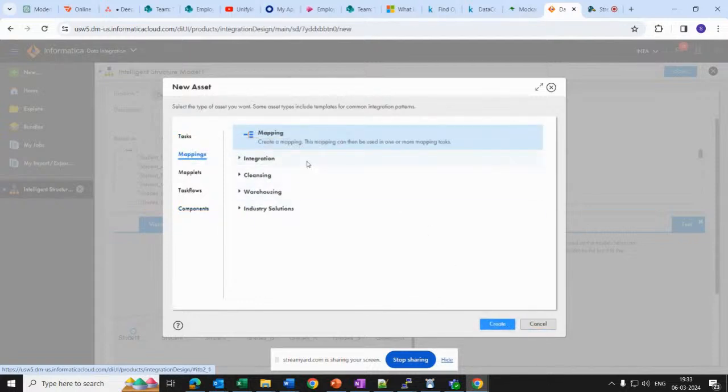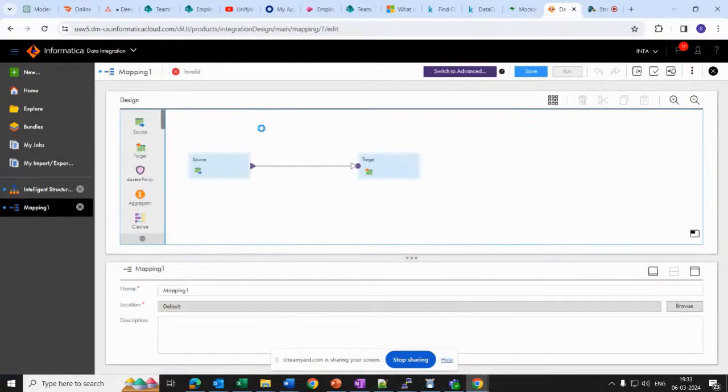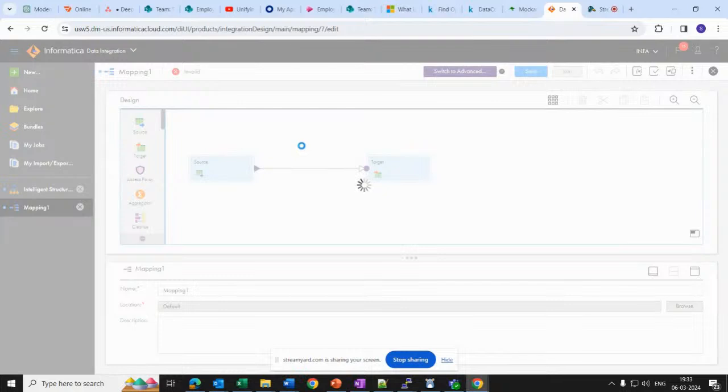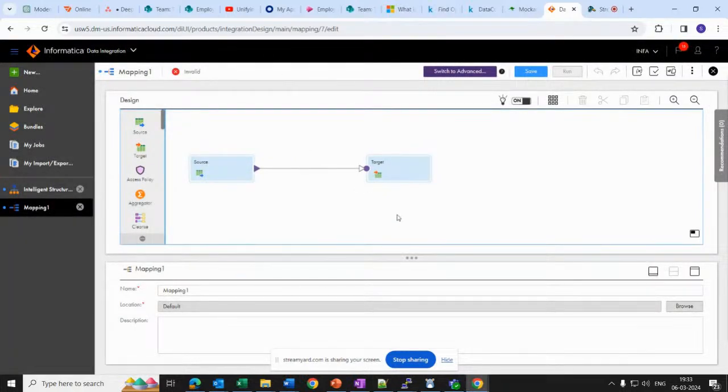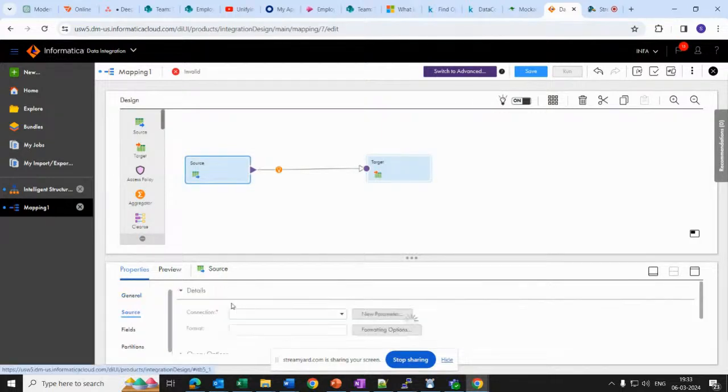So let me show you how a mapping looks. So I'm clicking on this mapping, I'm clicking on create. So this will create a sample mapping. Like you can see, this is my page where I can build my data pipelines. In my design area, you can see there is already a source transformation and there is already a target transformation. My source transformation is not connected to anything yet, but what I can do is